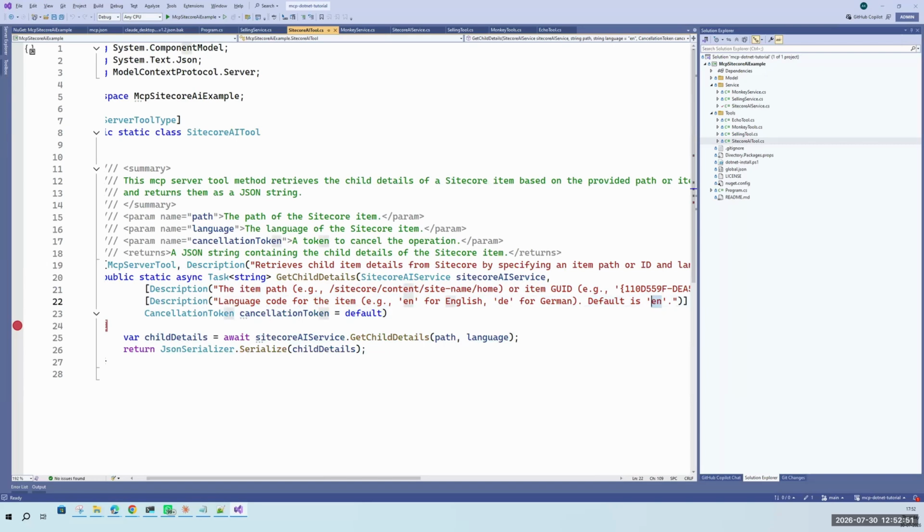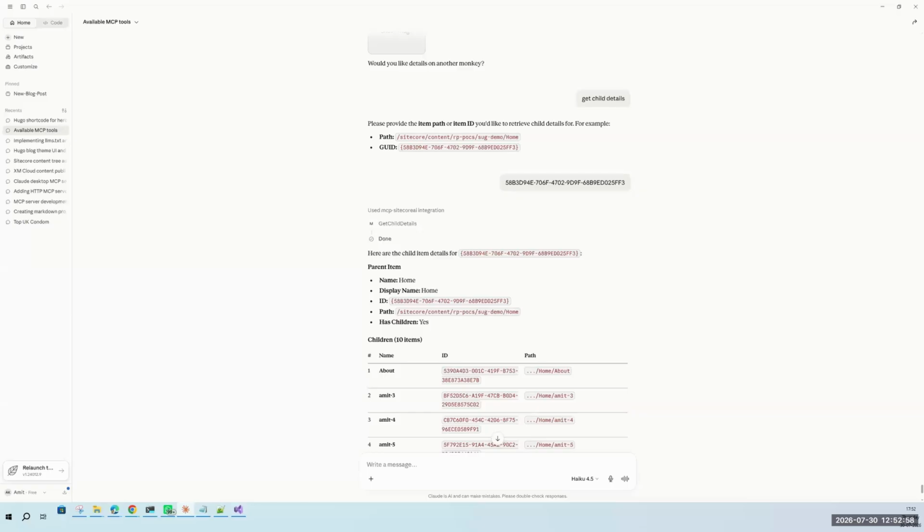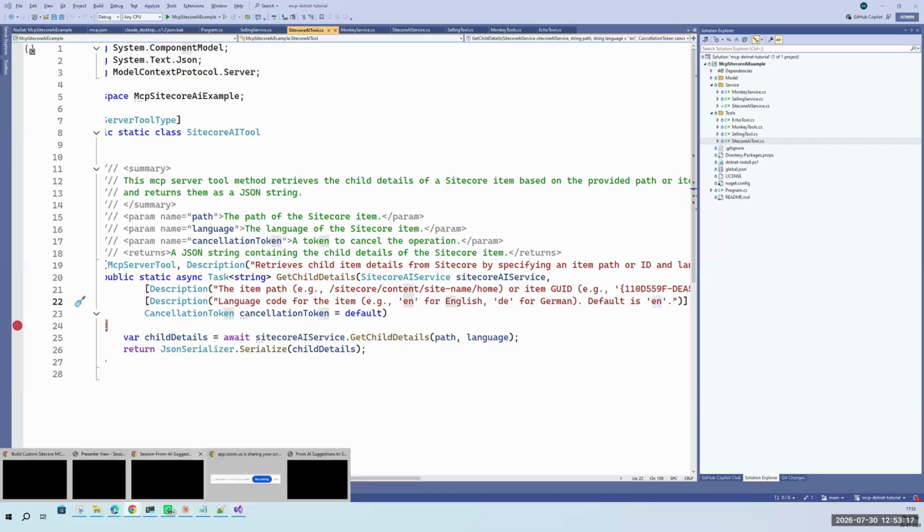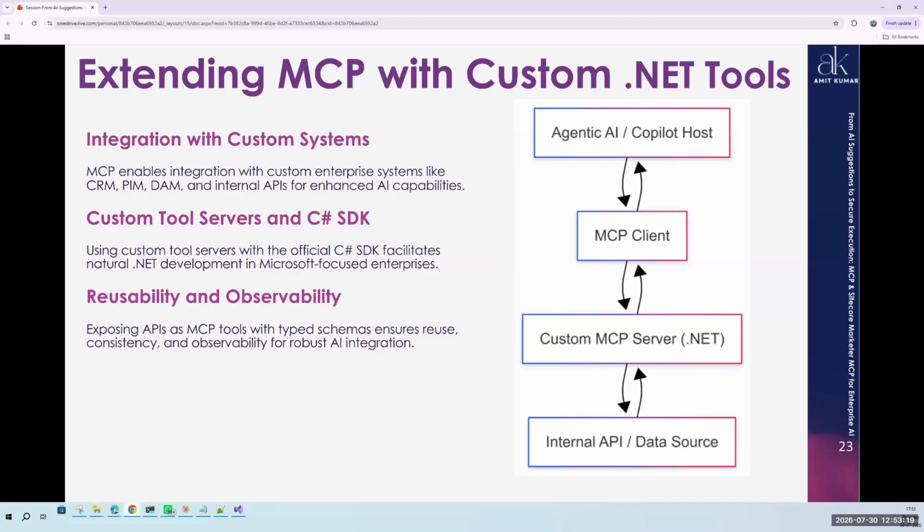If you say set it to D or German, then the agent will automatically pass D. With this, you can create any sort of custom MCP tools which are not present in your complete process or workflow, like I was explaining about CRM tools or anything. You can also create your own custom MCP tool in order to make a complete automation of your processes.